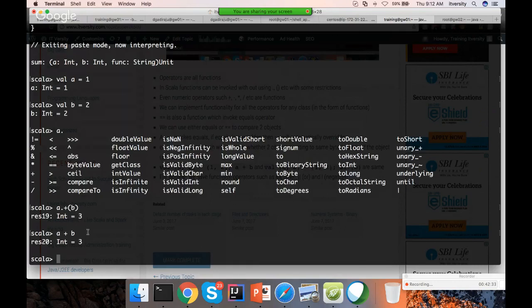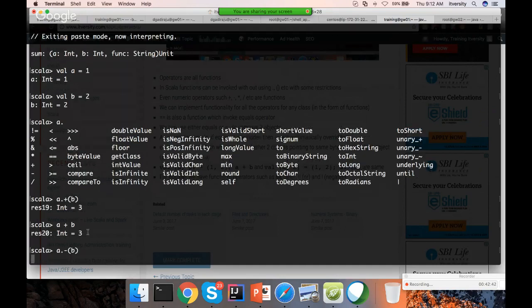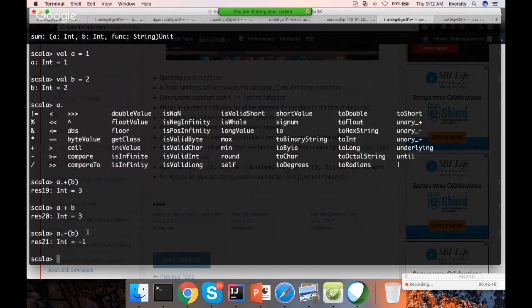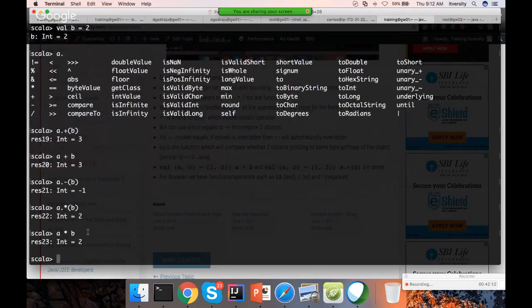Okay. So similar to plus, minus is also an operator, which is nothing but a function. I can say a.minus(b) and it returns -1. Also, if you want to multiply, you can say it like this, or you can also say it like this. So it's pretty straightforward. Now, if you want to compare,